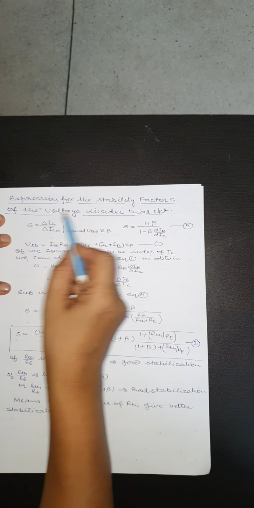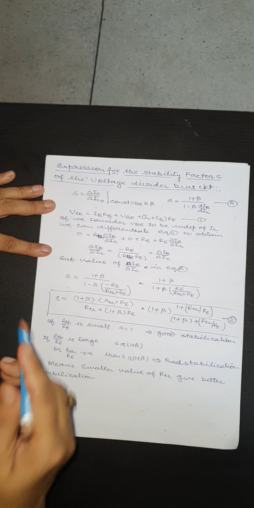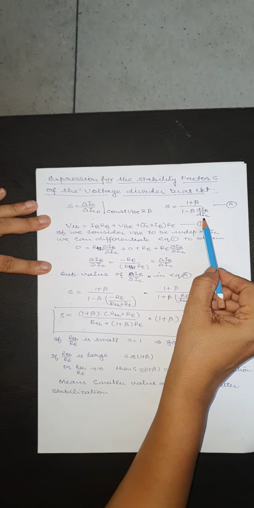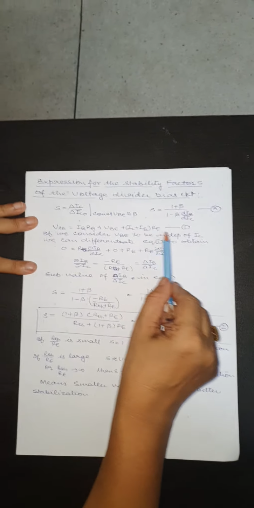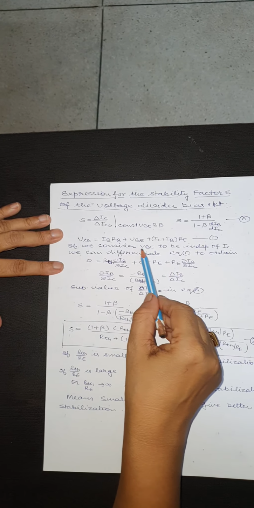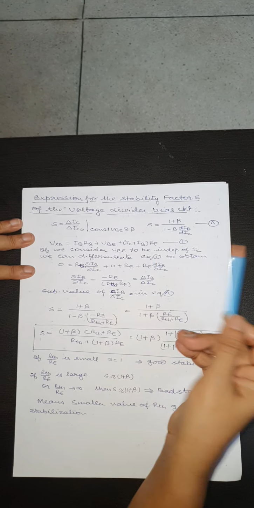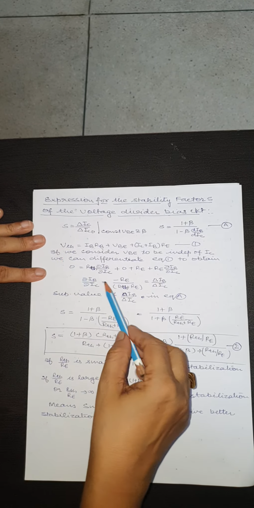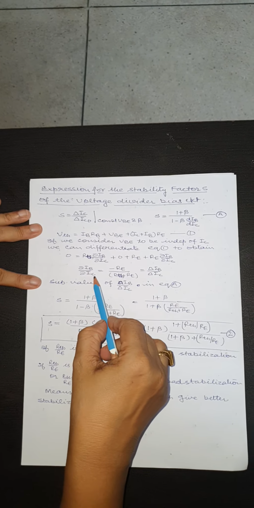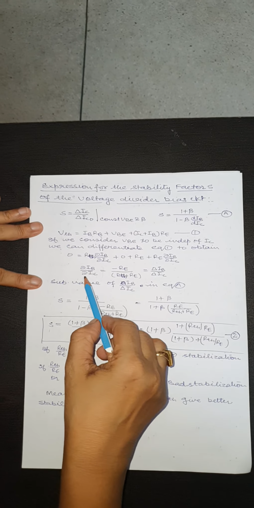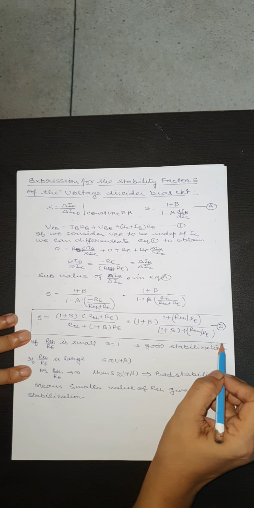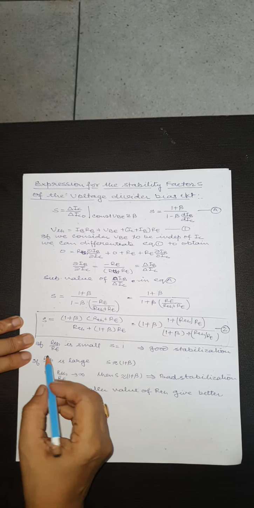Expression for stability factor S of the voltage divider bias circuit. S is given by (1 plus beta) divided by (1 minus beta del IB by del IC), and from this equation, if we consider that VBE is independent of IC and differentiate this equation, we get the value of del IB by del IC, and substituting the value of del IB by del IC in this equation, we get this equation,